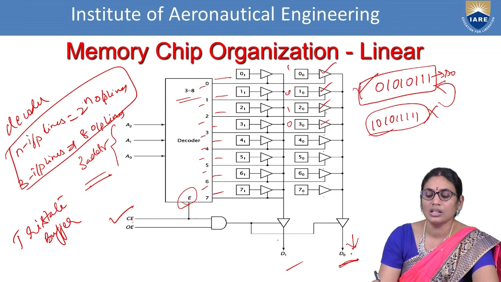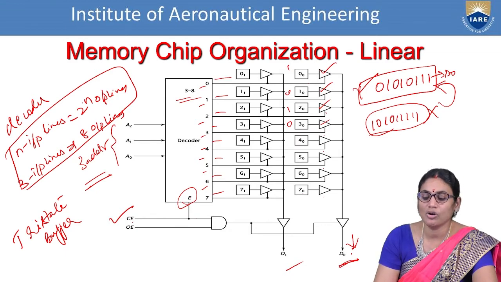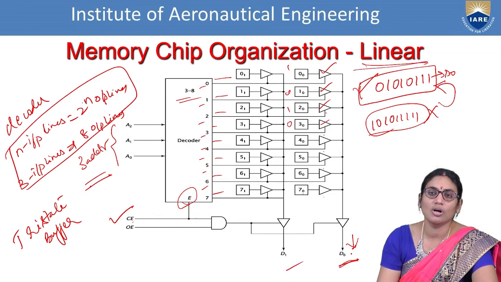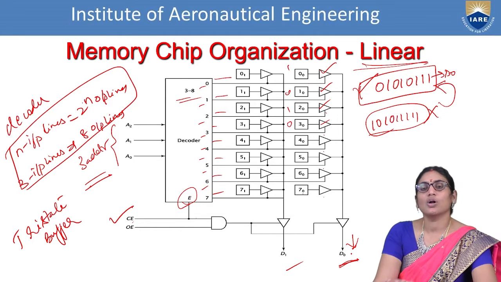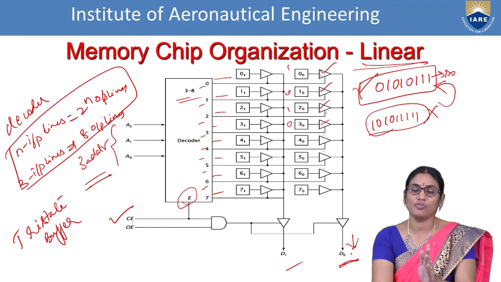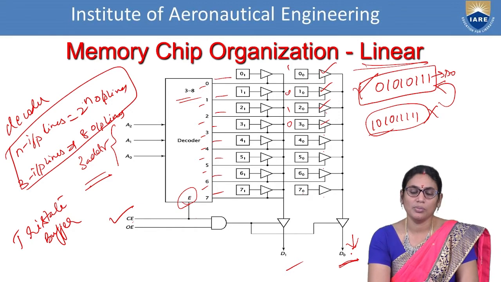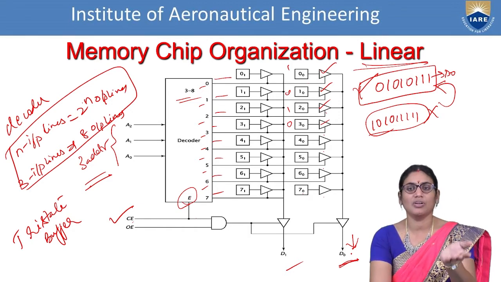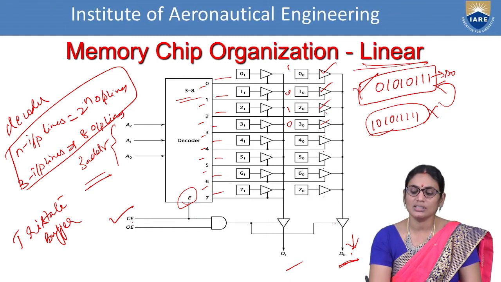So in this way, the memory organization is performed and we are calling the structure a linear organization structure. So what happens here? The buffers will be holding a small amount of information. That means it will wait for the enabling pin to enable. Once the enable has happened, it will redirect to the corresponding data lines. So in order to consider this, here we are using data buffers also.